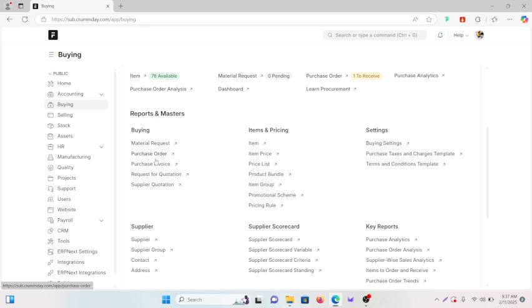And then you use the purchase invoice when the purchase order has been agreed upon or has been finalized, and that purchase order needs to be paid for. Then you use the purchase invoice. So for some companies, they don't have to go through using the purchase request for quotation or purchase order. They just have to go straight to using the purchase invoice to actually create